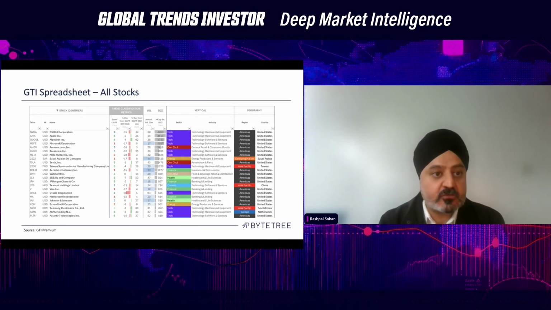It's very easy to download the stock data and to peruse the different sheet tabs. So each sheet tab has the different trend types, as I mentioned. If you're particularly interested in looking at your bearish trend stocks, look at the bearish trend category sheet. If you're interested in looking specifically at leading trend stocks, look at the leading trend category sheet.